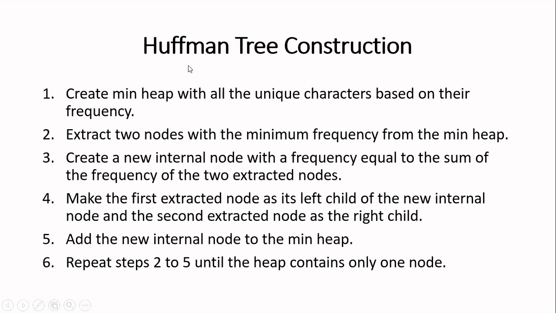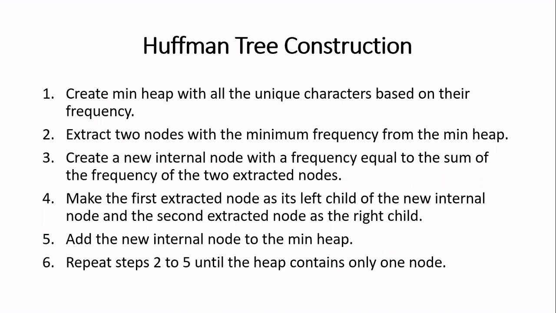So in that, we have the algorithm for that. In the algorithm, first you have to create a min heap with all the unique characters based upon the frequency. The input to you will be, I'll be giving you what are all the unique characters I have in my message, then along with their frequency. Now with the help of those characters, you have to generate the min heap. We have already seen the algorithm for inserting a node in a min heap. Whenever we insert a node in a min heap, we will be rearranging the tree in such a way that whichever is having the minimum value, that node will be appearing as a root node.